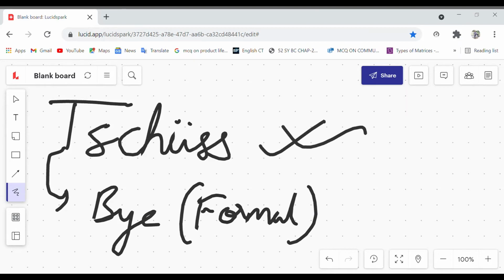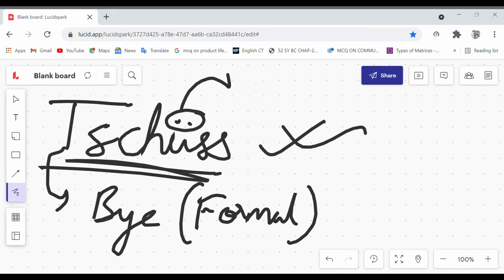And this is the spelling. And these two dots are called umlauts. That will be told in the next tutorials. So basically the word that is told for bye in a formal manner is Tschüss. Done?